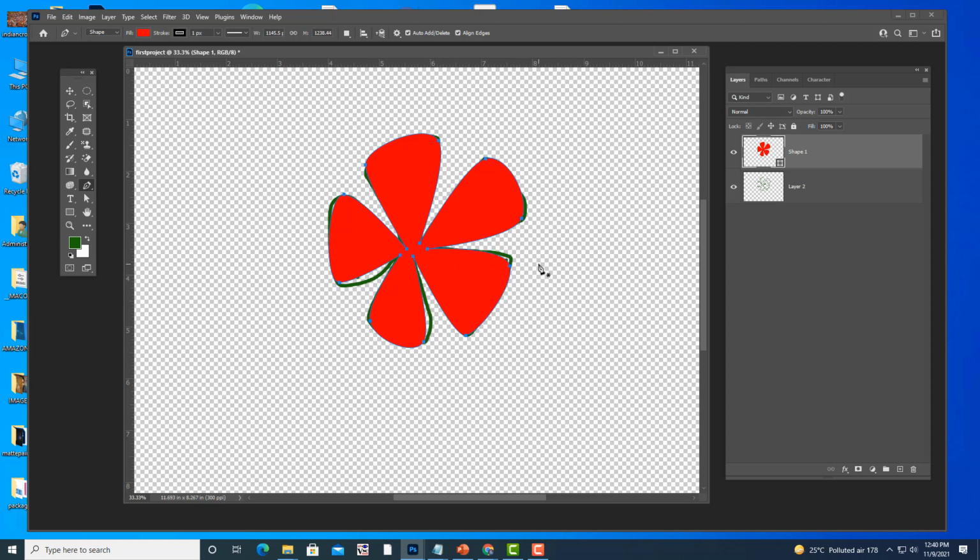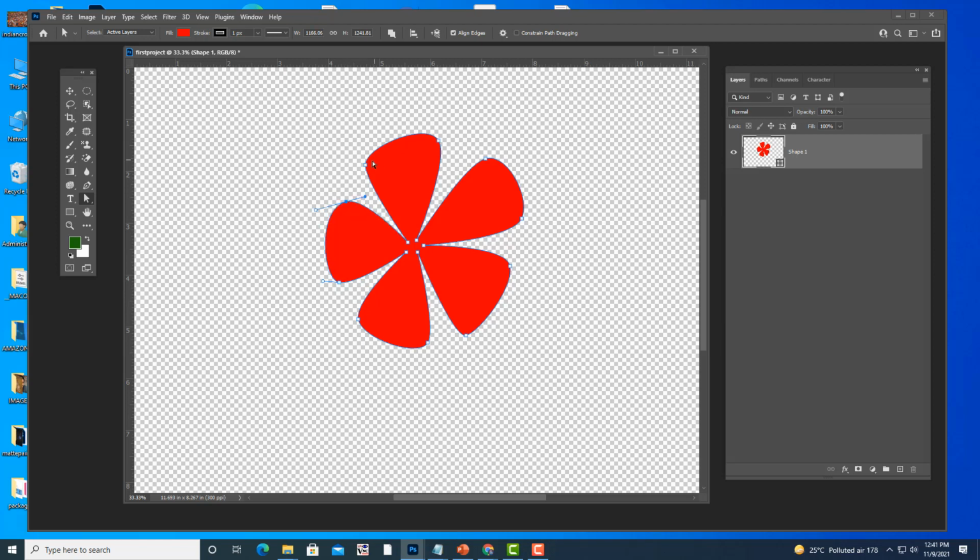Okay, so I have completed a shape. So actually we will improve the shape. I am going to delete the reference, and then we will use the direct selection tool. So like this we have to adjust the shape.